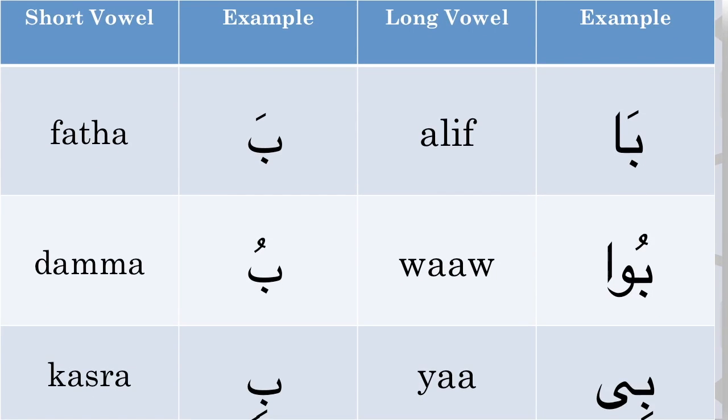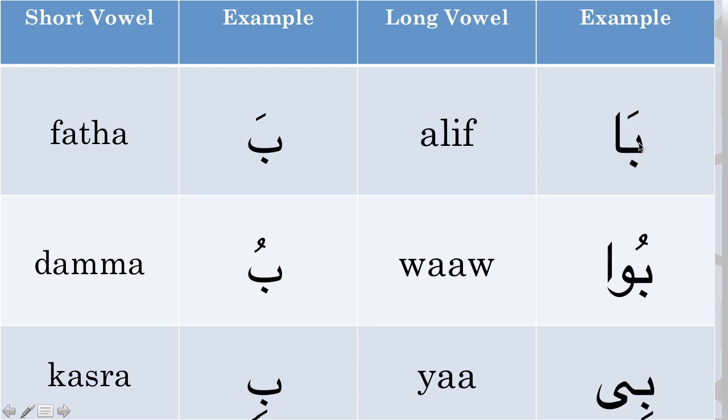So let's do a quick review. In the first column that we have here, we have the short vowel. So we have ba fatha ba. So this is a ba fatha. But when that ba fatha is then followed by an alif sukoon, we have to say ba fatha alif sukoon ba. We have to extend this ba fatha to ba. So this is ba fatha ba, just a quick ba, but this is ba fatha alif sukoon ba. So this is ba and this is ba